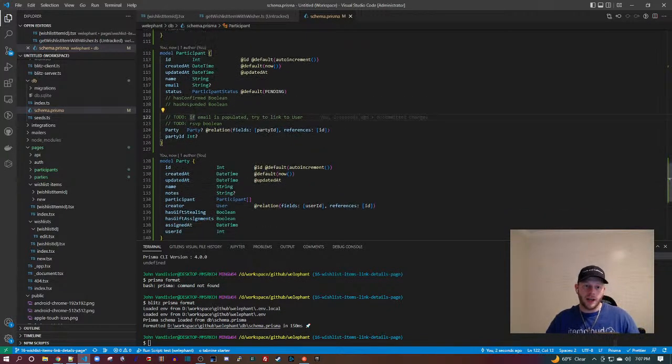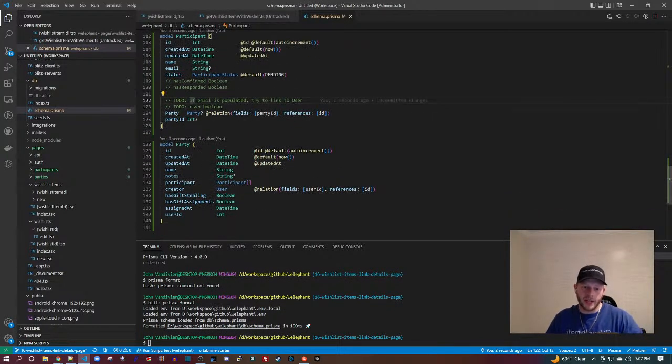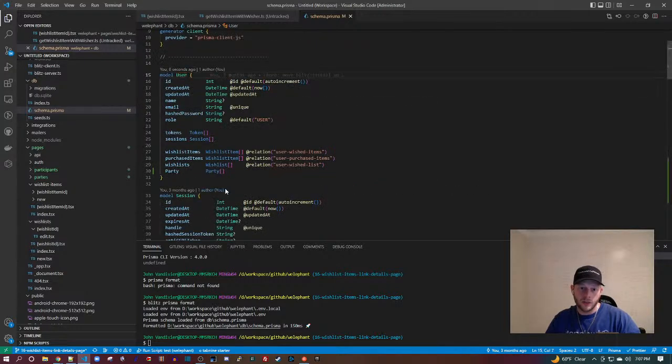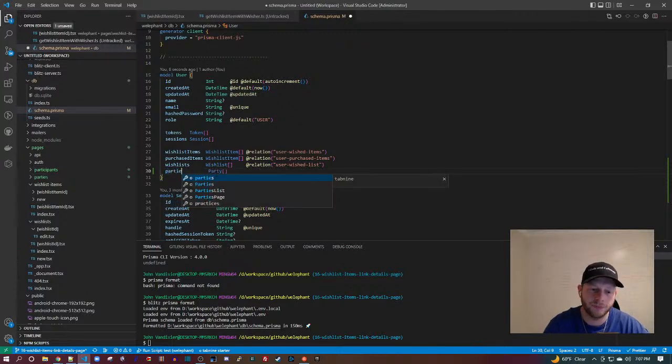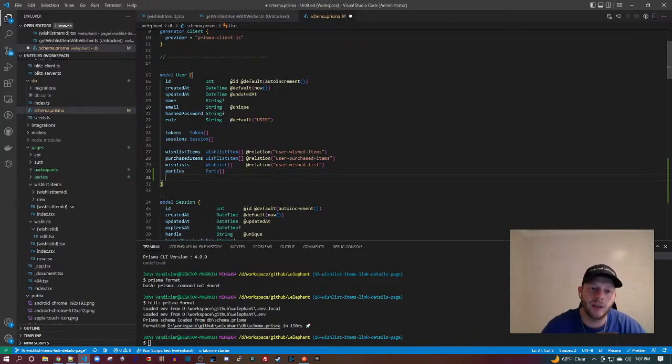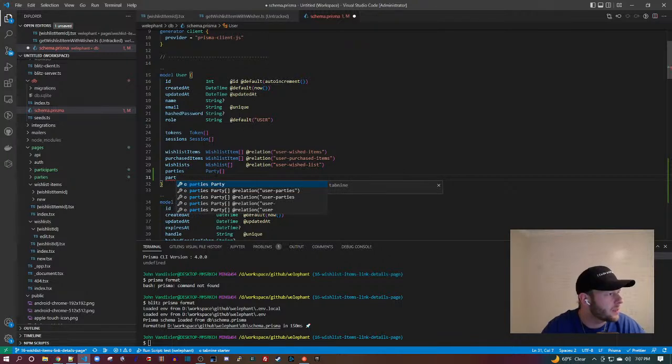Boom. Should have updated what? Creator, user. And then, yeah, here's party, which really should say parties, shouldn't it? Parties. Cool. And it should also have user participation, user participants.